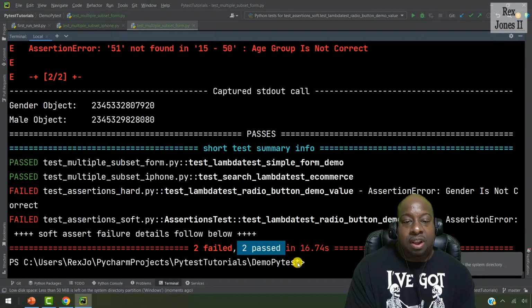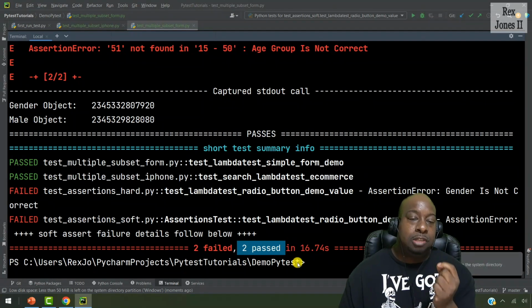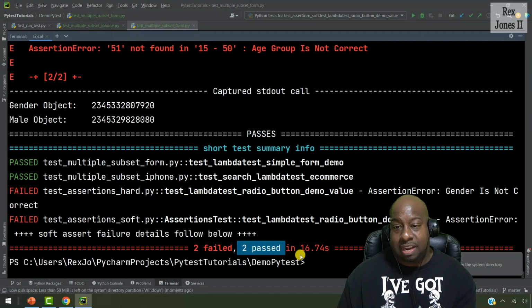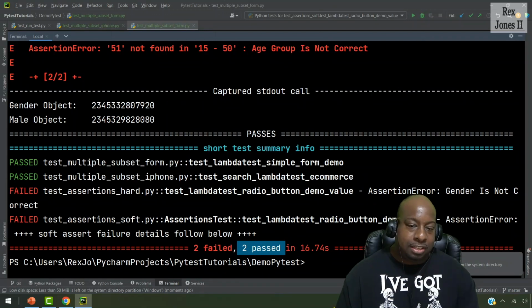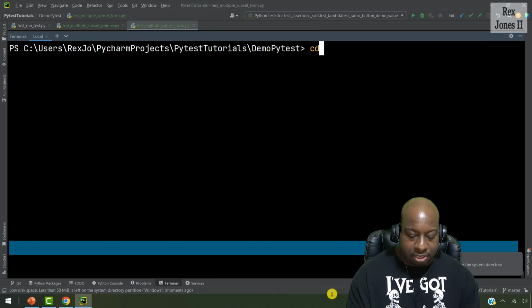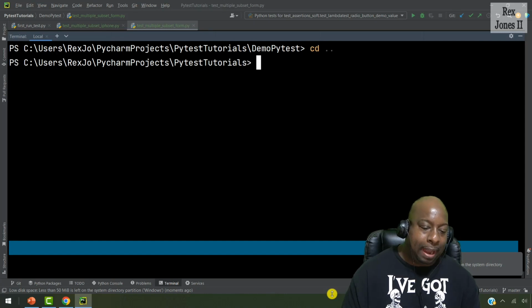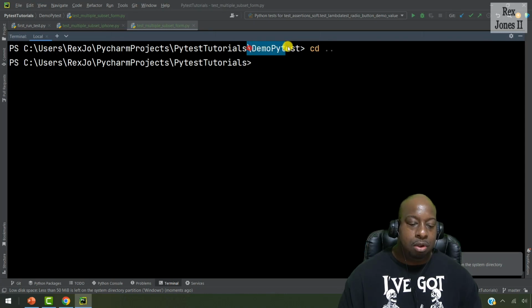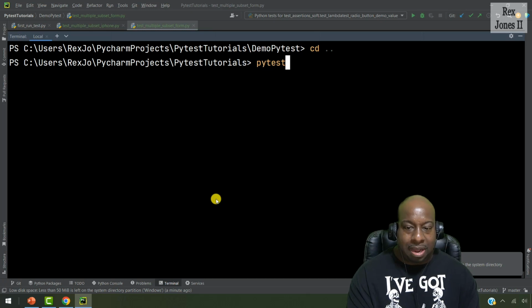Another way to run our test scripts in the package is by passing in the package name as an argument. Let's go back to the root directory, cd and 2 dots. We'll go back to where we do not see /demo_pytest. Then we write pytest demo_pytest, which is the package name,